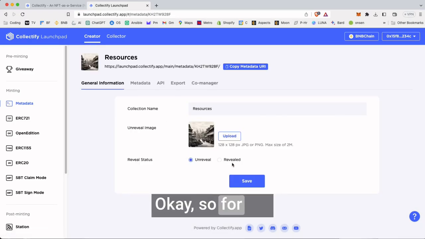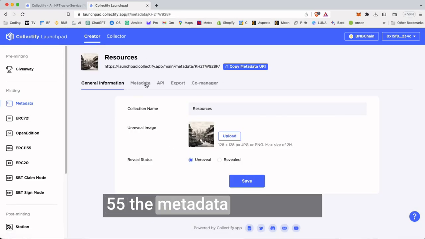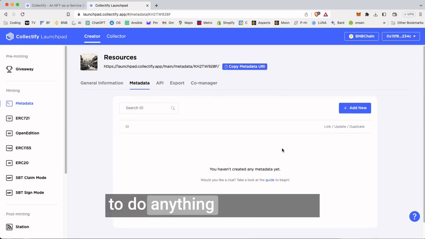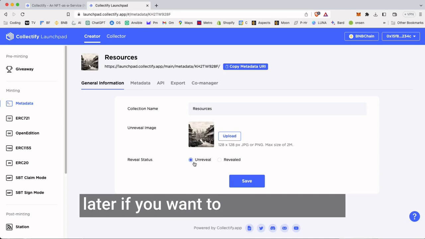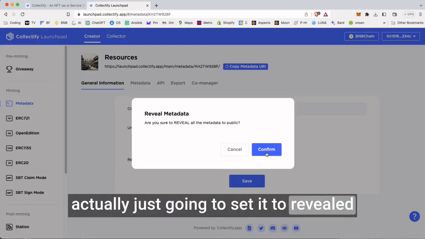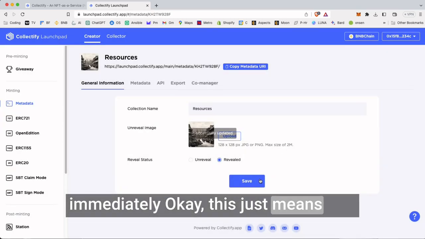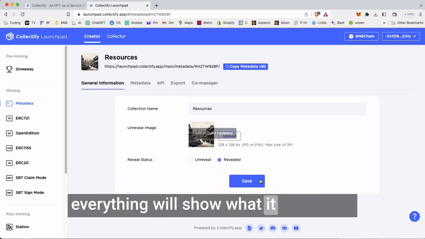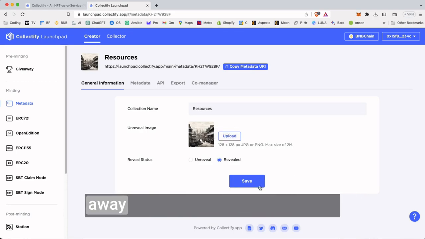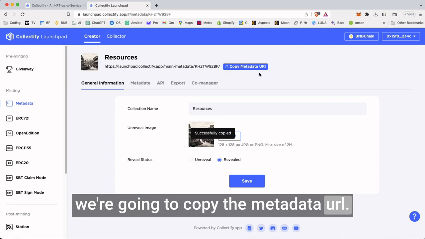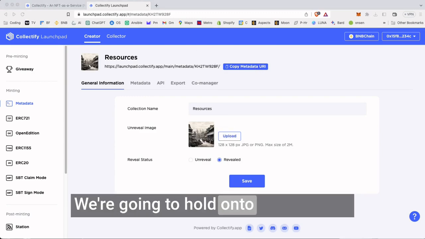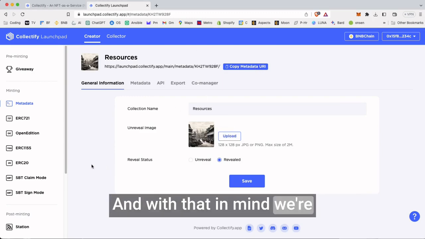Okay, so for 1155, the metadata is a little bit different and we don't really need to do anything here for now. You can get into details with this later if you want to. Right now, we're actually just going to set it to revealed immediately. This just means that everything will show what it is straight away. Now that we have that, we're going to copy the metadata URL. We're going to hold on to that for later. With that in mind, we're going to hop over to